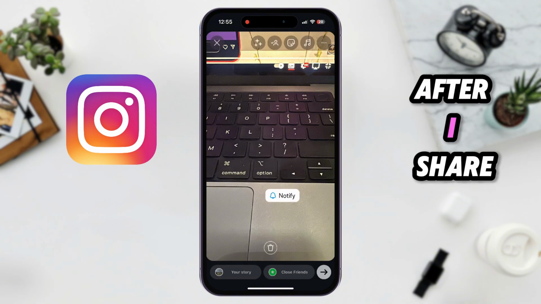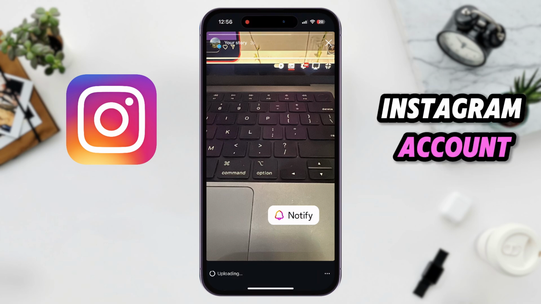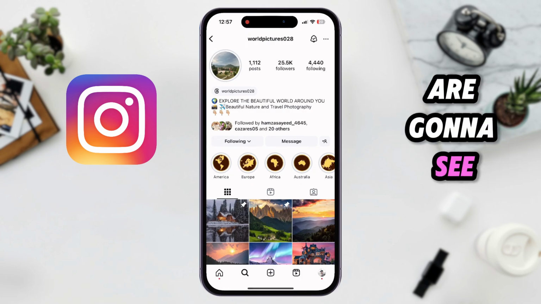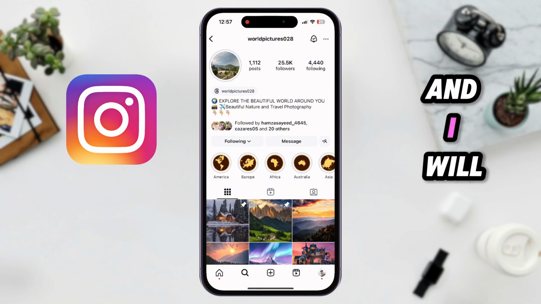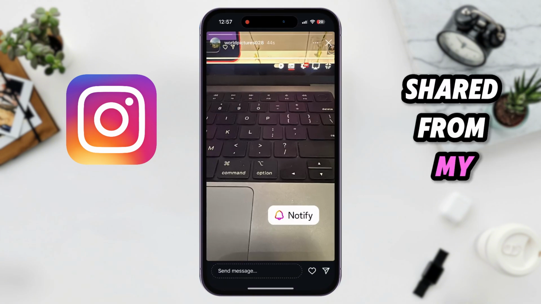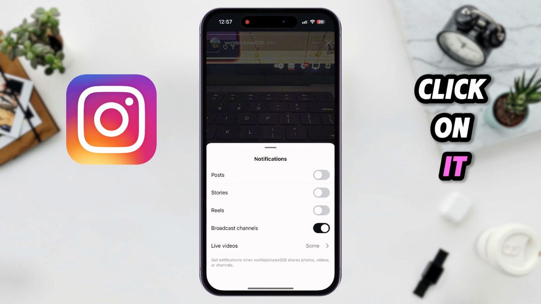After I share this from my profile, I'll simply switch to my other Instagram account to show you how your followers are gonna see and use this sticker. So I'm now on my other Instagram account, and I will now open the story which I had shared from my first account. As you can see, here is my sticker, and when I click on it, it will open